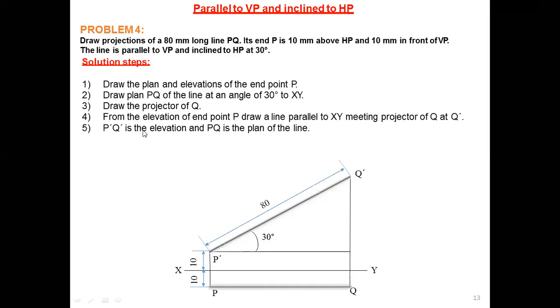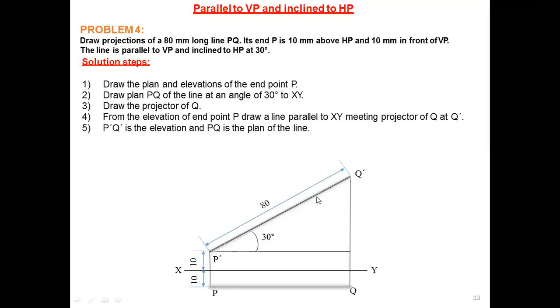That's the solution he has given here. The steps also he has explained. First you draw the XY line as per this condition, 10 mm above HP, 10 mm below HP, from this VP and HP. You must write VP and HP, he has not written it here. From both sides you take 10 mm, 10 mm, and draw the locus line.